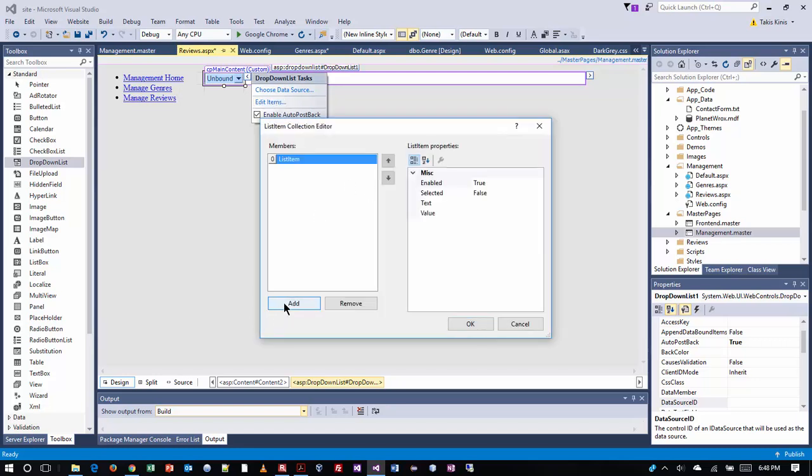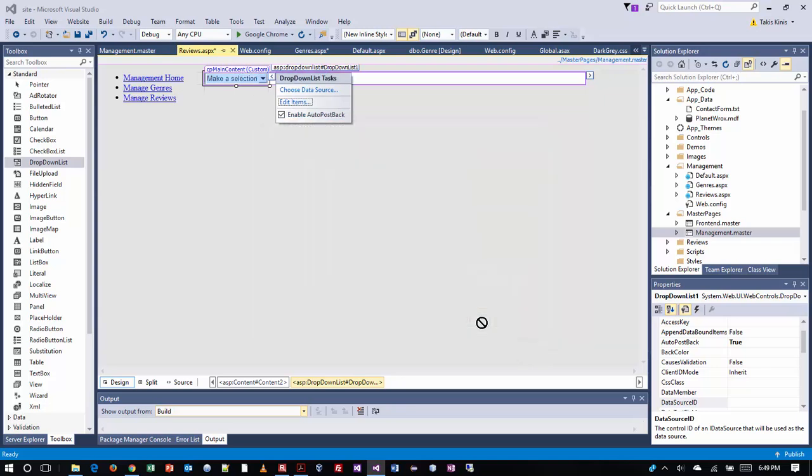They want us to add to this an item called make a selection. So in the text field here, make a selection. We don't want anything in the value area, so I'm going to clear that, because normally that'll just replicate itself down here, and that's not actually what we want. All right, so once you click OK there,